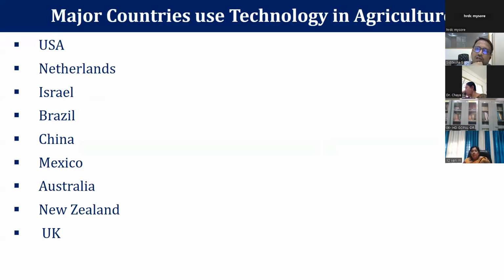Next, we are discussing the globe, where everyone is talking about precision agriculture and the use of technology in agriculture. We'll see certain leading countries. The USA is the first country using most of the technologies for its agriculture, and the Netherlands stands second. That is also based on agriculture products, and they have also adopted technologies well in order to do their agriculture.